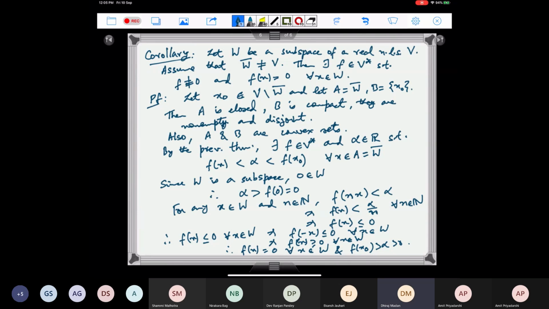So sorry, if we take the interior of W and we take one element in the complement of W, if I take the open set to be the interior of W,